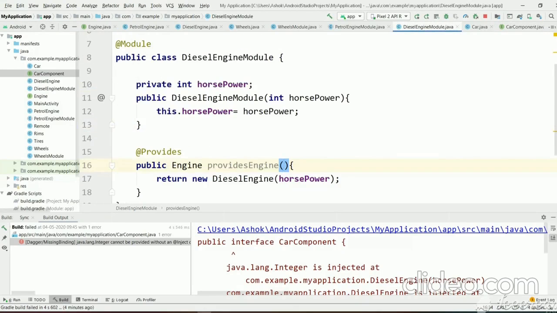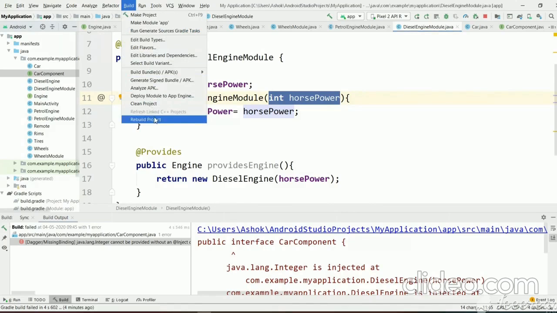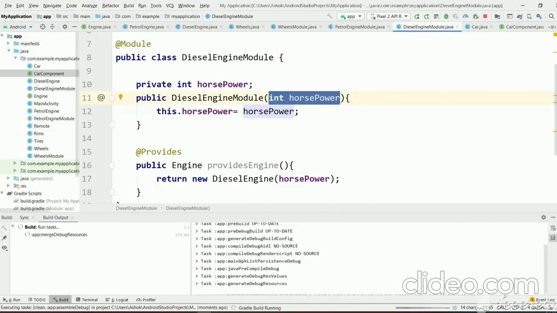So at runtime we need to provide the value of horsepower to the diesel engine module. Let's see how to provide it. Now we have changed the diesel engine module. Let's rebuild the project so that the Dagger car component implementation will be changed internally by Dagger.